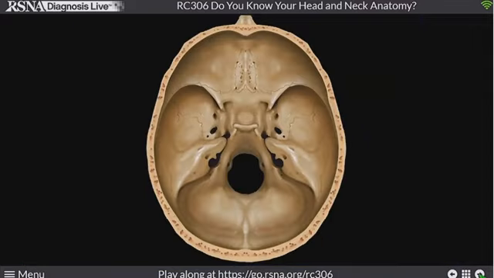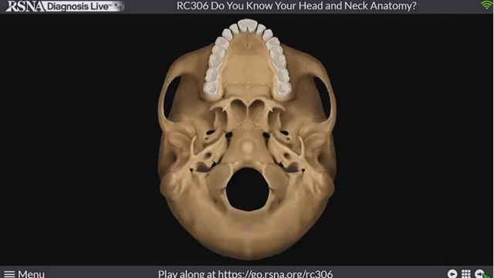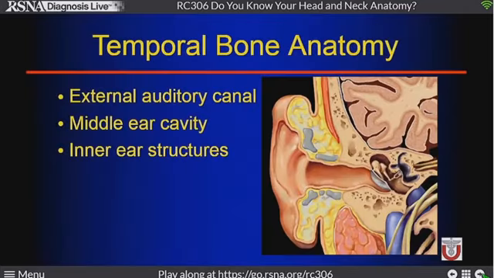So we're looking at the skull base. There are a lot of ways to think about this: anterior, middle, and posterior cranial fossas. I'm going to focus in just on the temporal bone. We have some very complex anatomy that we'll be going over this morning. And if you think about it inferiorly at the skull base, again, we have all these important cranial foramen. We'll review some of those. I'm just going to be focusing on the temporal bone in this area here in red off to the side. Dr. Phillips is going to be talking about the rest of the skull base.